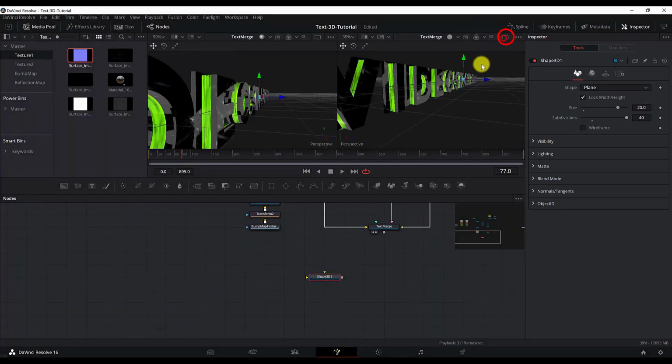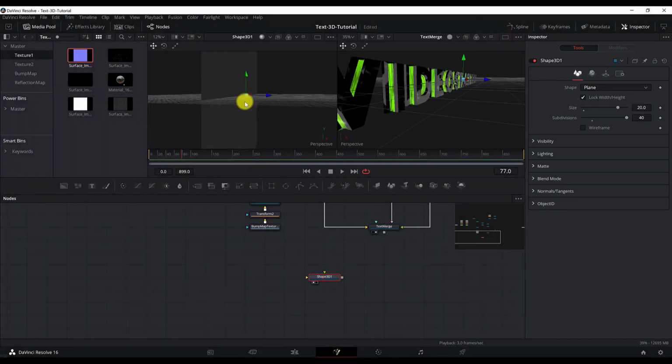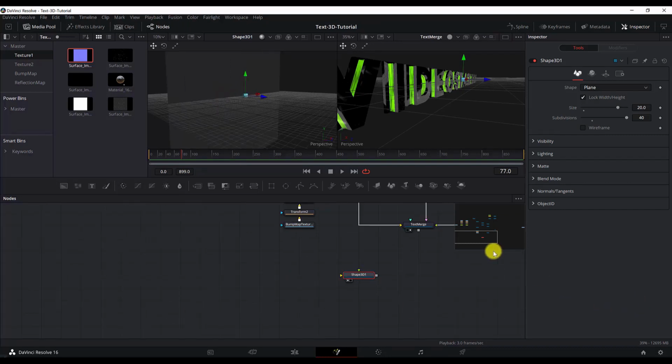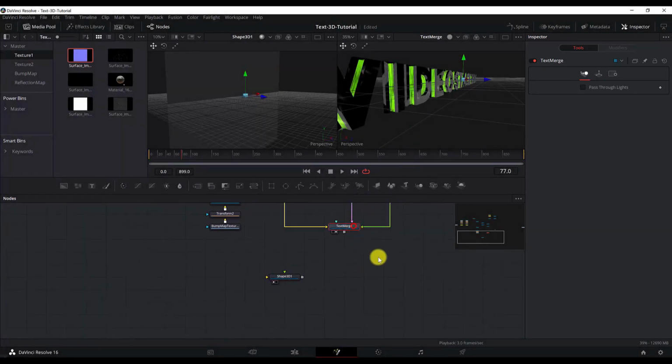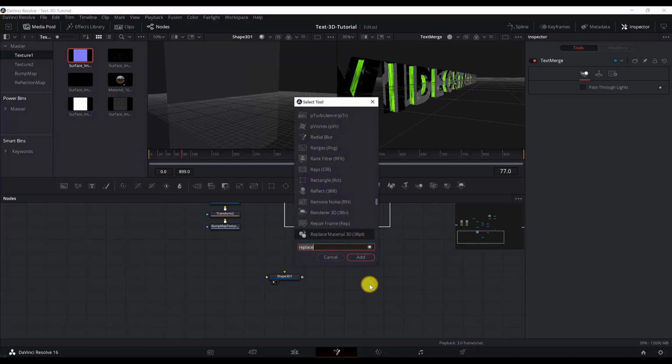Let me switch to dual viewer and view this on the left viewer. Now we have a shape, a background. We also need to move this shape backwards a little bit, so go to the transform tab. In the Z position, type -0. Now let's merge this all together first. So I will create a new merge 3D node,